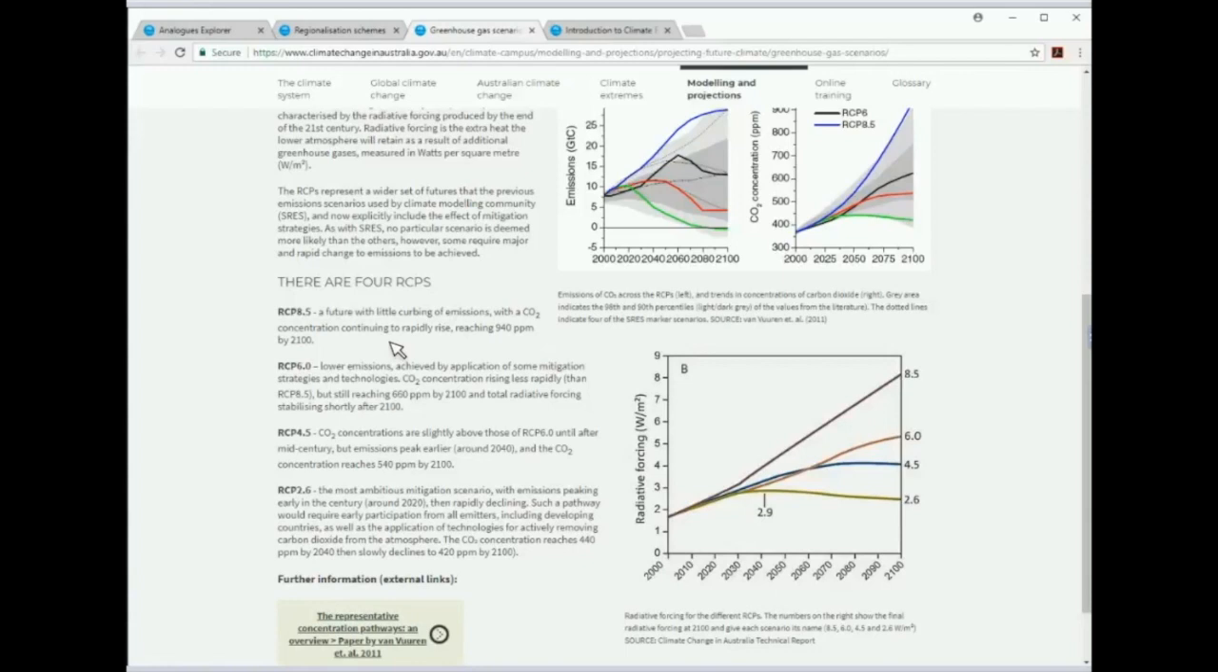Another important thing to remember is that the reason we have these emissions scenarios, or representative concentration pathways, is because we don't know the future. We can't know the future. It's impossible for us to know what the greenhouse gas concentrations will be in the future at a point in time. So what we have to do is create essentially what-if scenarios. The RCP 8.5 you can see described here. Essentially, the premise behind this concentration pathway is that it's a future with little curbing of emissions,